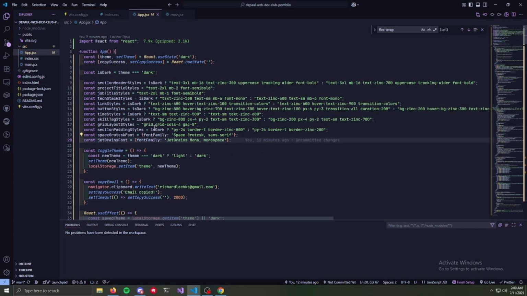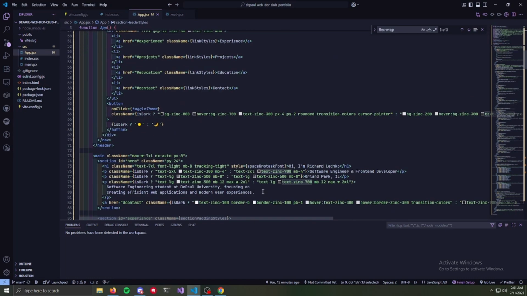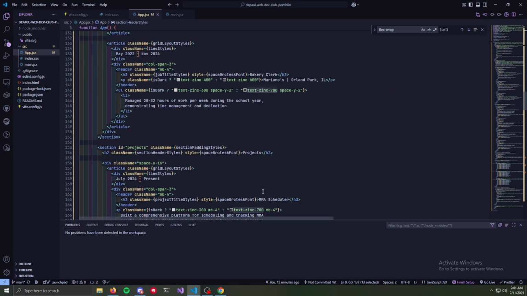So looking through some of these examples, if it's dark, okay then, make the text zinc 300. Is it dark? No, we're in light mode. Okay then. If it's light mode, use zinc 700. All this really is. Very, very simple. And then, if we look at the email button, we added a clipboard icon and a title attribute for the tooltip. So, if we scroll all the way down to the contact,